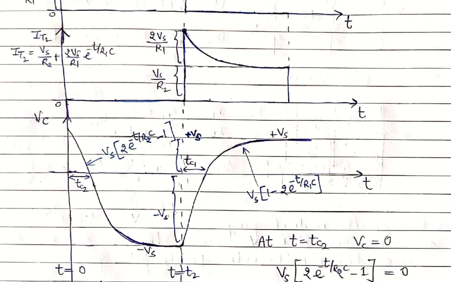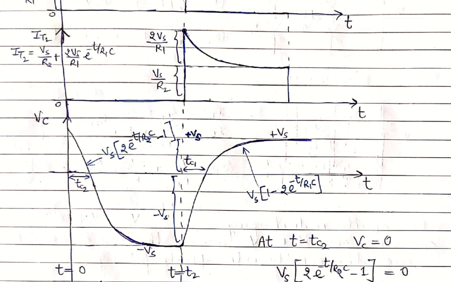What is the capacitor voltage? The first one is a cosine behavior. So according to this behavior, if we integrate the charging current expression, we will obtain this capacitor voltage through this thyristor T2. So it is the voltage across the thyristor T2, and this is the voltage across the thyristor T1. This expression shows that it will obtain 2 e raised to the power minus t/R2C minus 1. So it will have a profile like this, a decreasing exponential, and after the first mode it will have the negative polarity, minus Vs, at the end of the first mode.